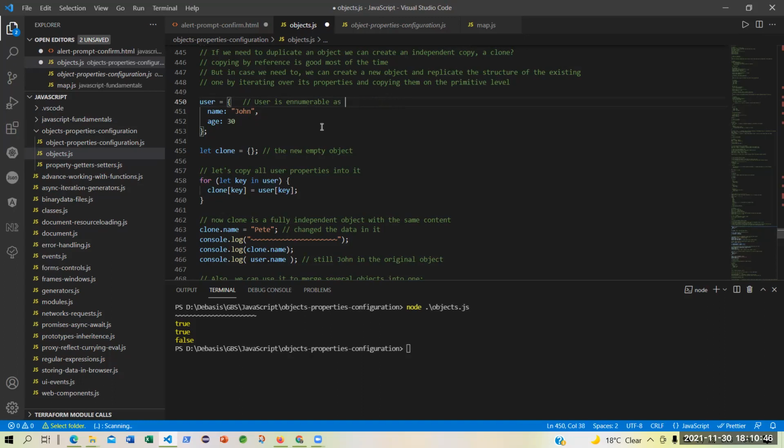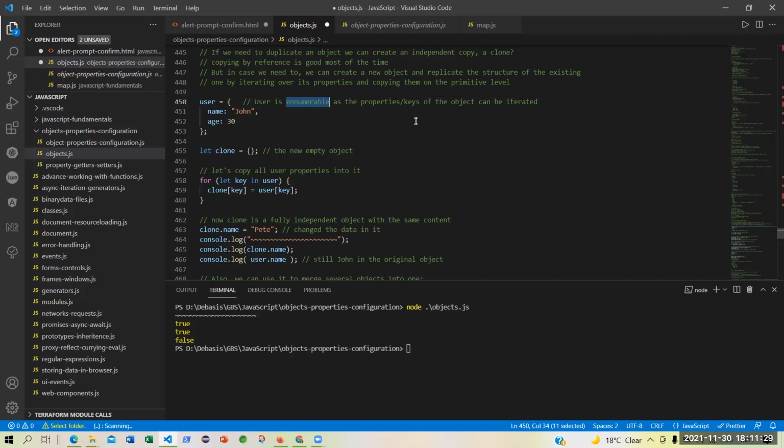Yes, as the properties or keys of the object can be iterated. Okay, and this enumerable is something configurable. If you somehow disable the enumerability of an object, then will you be able to iterate?